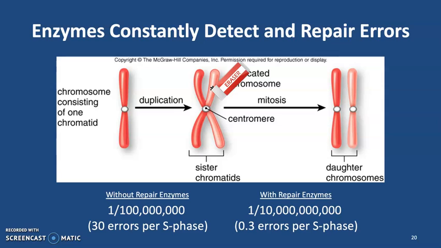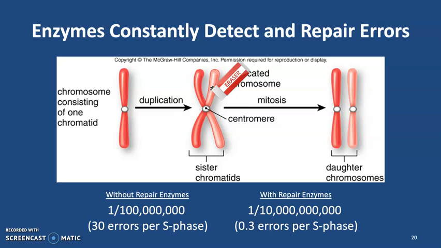So it turns out that actually there are a lot of repair enzymes. So when that DNA polymerase makes a mistake, there are enzymes that come in and double check it. They double check to make sure that the A is matching with the T and the C with the G. They're making sure that errors don't continue. So it's basically like an eraser that comes in and corrects the error.